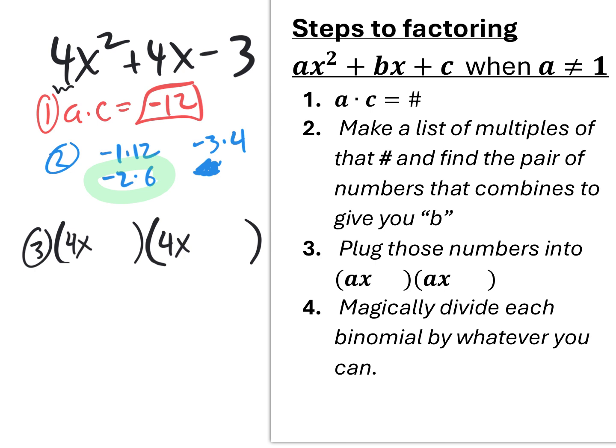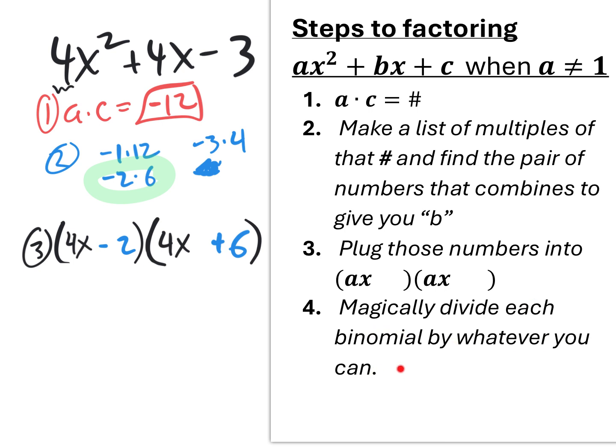And I need to plug in the pair of numbers from step 2. The negative 2 and the 6 are going to go right in here. Negative 2, negative 6. No, positive 6, I'm sorry. Positive 6 or positive 6. And this looks like the answer, but it's not the answer, because if you started distributing, 4x times 4x is 16x squared, not 4x squared. So far this is wrong, but that's why we do this fourth magical step where you just divide each binomial